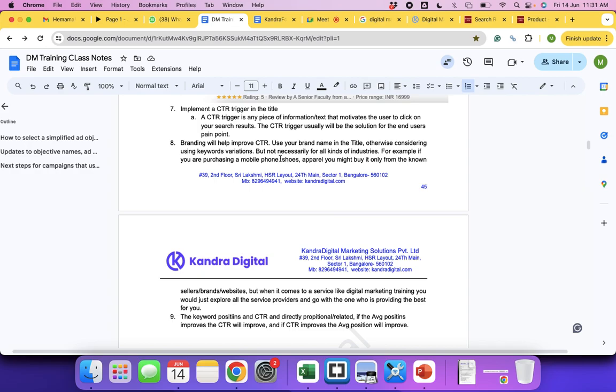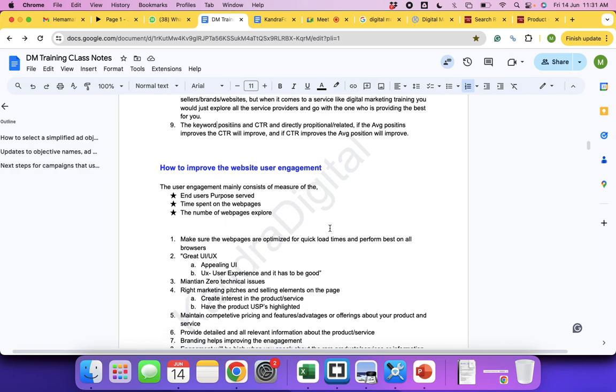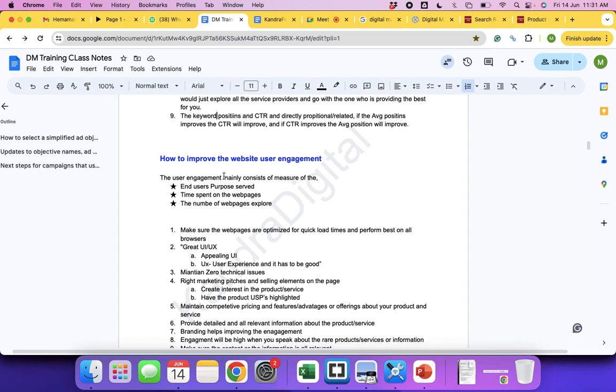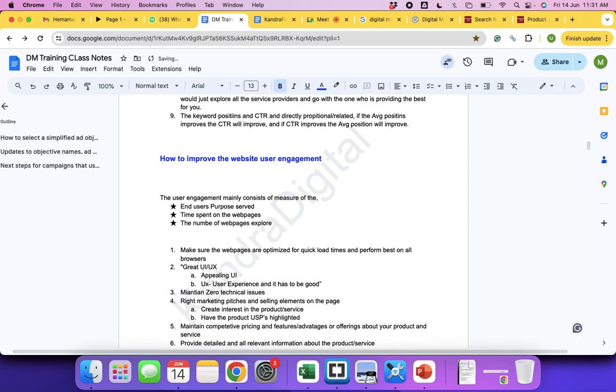If your website has good engagement, your website rankings will be better. It stays in the top because it's fulfilling or serving the purpose of the end user, correct? The user engagement mainly consists of measure of end users purpose served, time spent on the website, the number of pages explored.